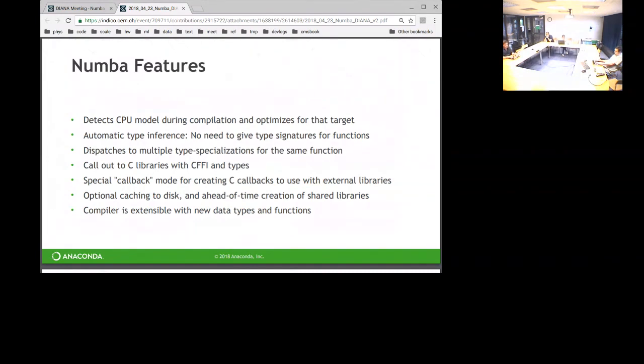We have some support for caching to disk and ahead-of-time creation of shared libraries, although there are certain kinds of code we can't cache to disk for internal reasons. And the compiler is extensible, and you'll hear about this in Jim's part of the talk, where you can extend Numba quite heavily for new data types and functions and all sorts of things.